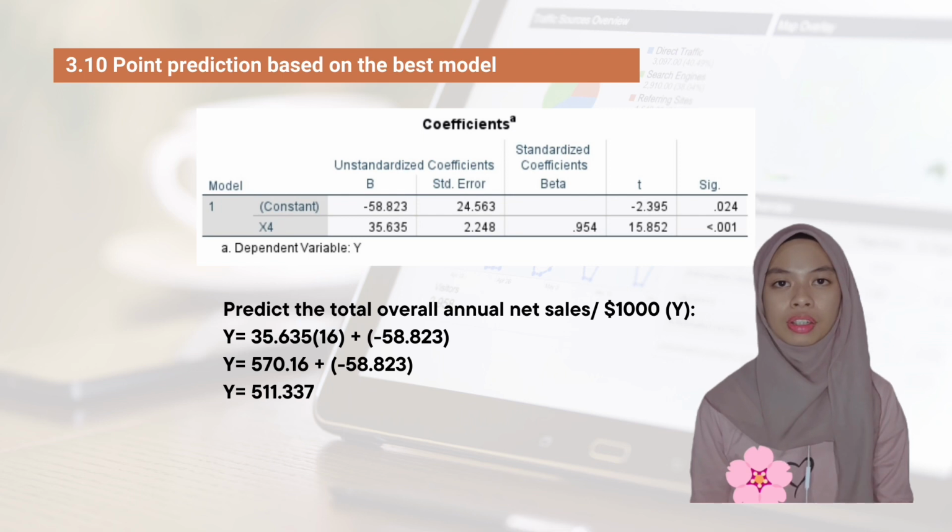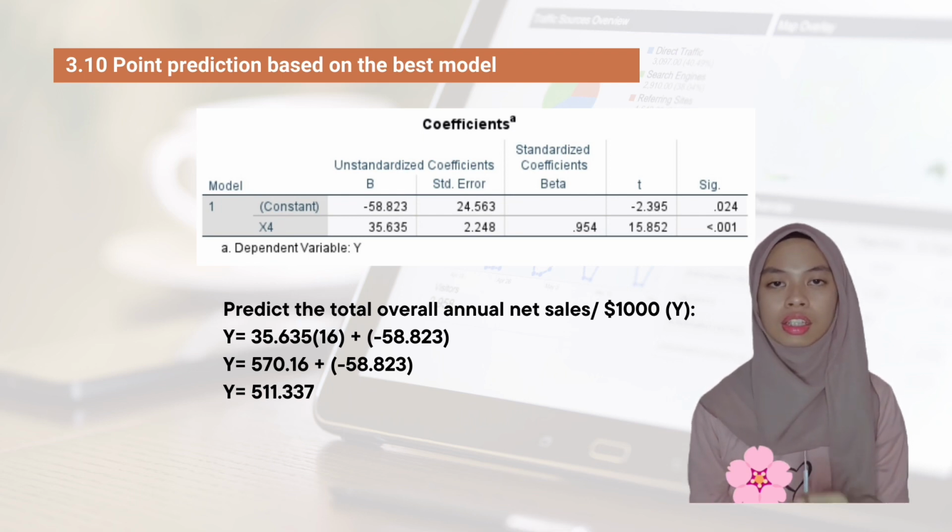My prediction based on the best model is at 4. To predict the total overall annual net sales, it is 35.635 multiplied by 16. We got 16 from the data set at 4. Then we need to add negative 58.823. Then we got the answer, which is